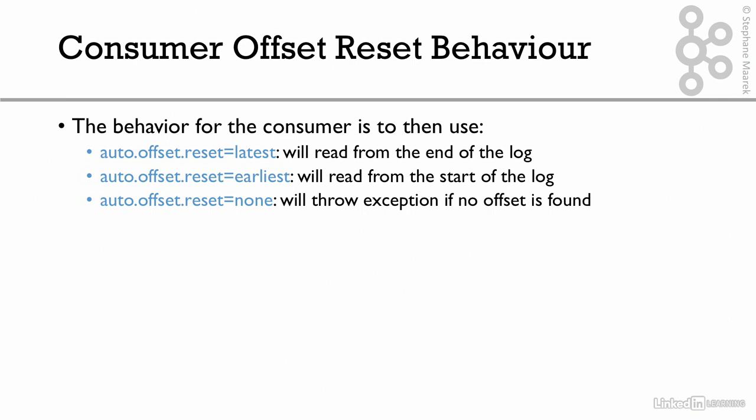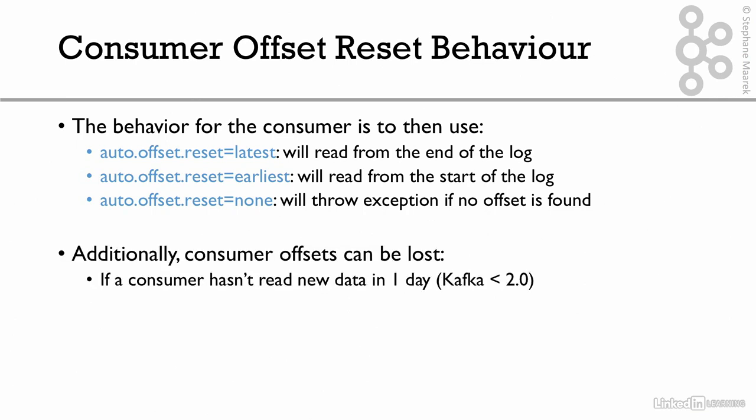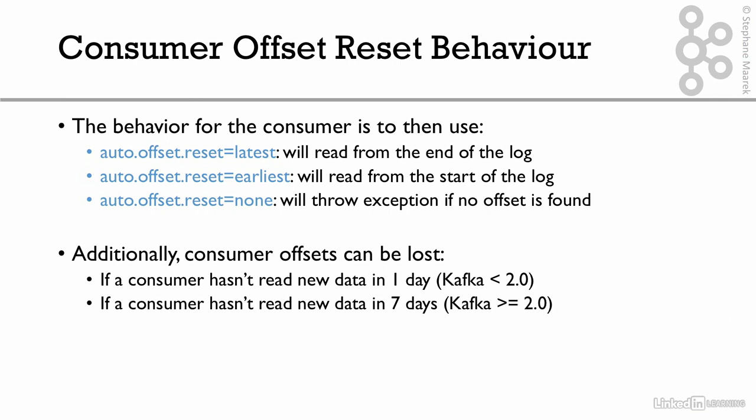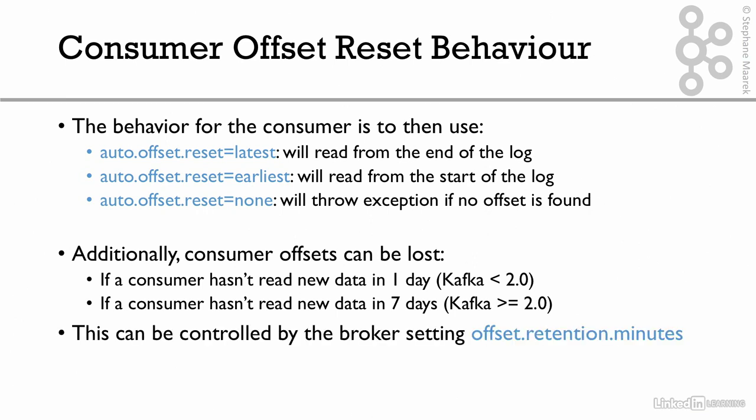Additionally, sometimes consumer offsets can be lost, and these happen if a consumer hasn't read any new data in 1 day or hasn't committed the offsets in 1 day. That's for Kafka less than 2.0. This was quite bad behavior, so in Kafka 2.0 and over, if a consumer hasn't read new data in 7 days or committed offset in 7 days, then it will lose its offsets, otherwise it will keep them. This behavior can overall be controlled by the broker setting named offset retention minutes. So definitely have a look at your cluster and make sure you have this offset retention minutes